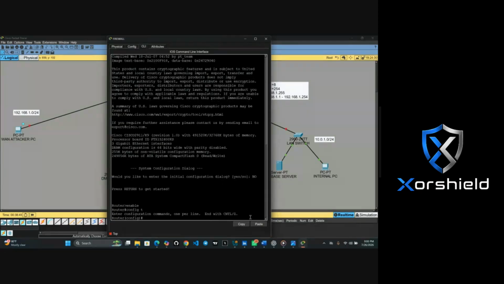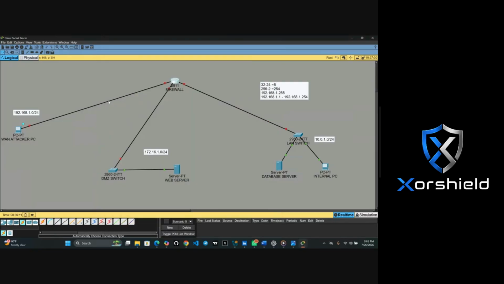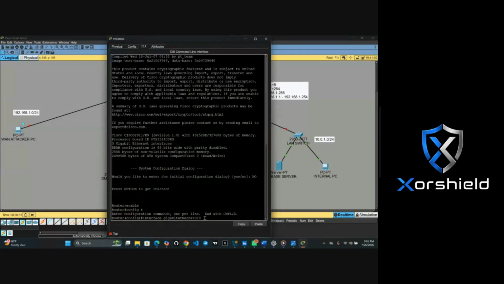After config T, what you do is interface gigabit Ethernet 0/0. No, let me check, I beg. Okay, it's correct. Then you enter.